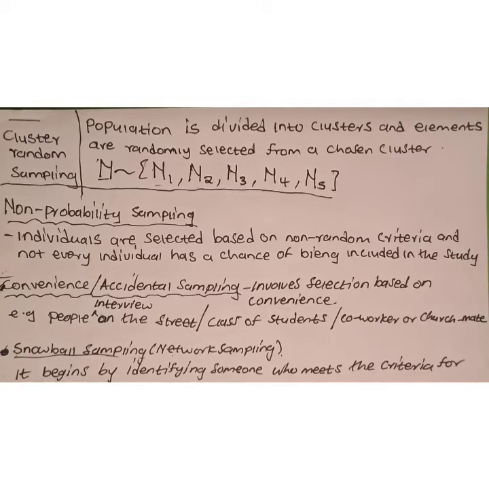We also have snowball sampling, also known as network sampling. It begins by identifying someone who meets the criteria for inclusion in the study. That person is asked to recommend others whom they know and who also meet the criteria. That's snowball sampling. And we also have quota sampling under non-probability sampling, which involves selection based on